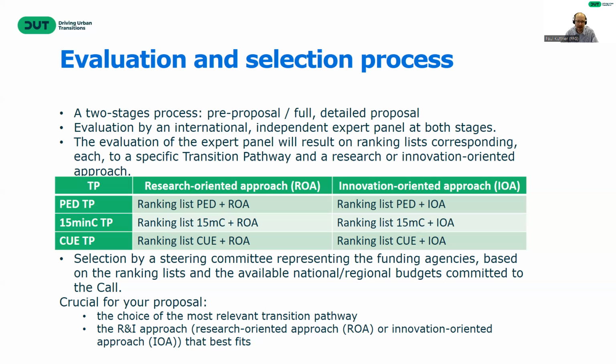ranking lists corresponding each to a specific transition pathway and a research or innovation-oriented approach. So the call itself will have 6 ranking lists. Following those 6 ranking lists, there will be a selection by the call steering committee based on the ranking list, and of course also on the availability of national and regional budgets committed to the